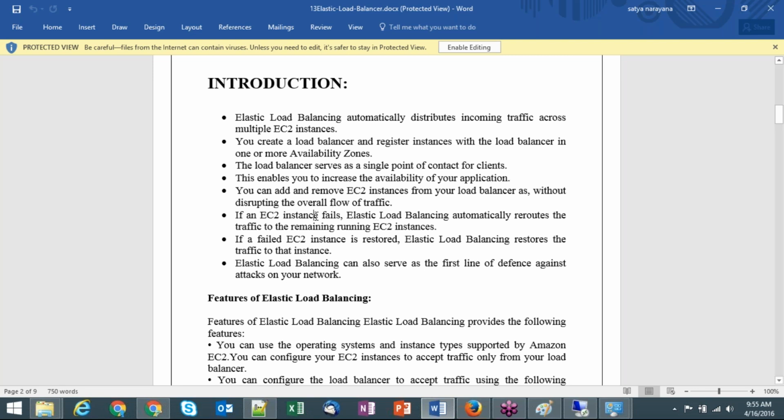In the same way, if an EC2 instance fails, elastic load balancing automatically reroutes the traffic to the remaining running EC2 instances. As you saw in the previous example, if one instance is down in one availability zone, still the elastic load balancer will